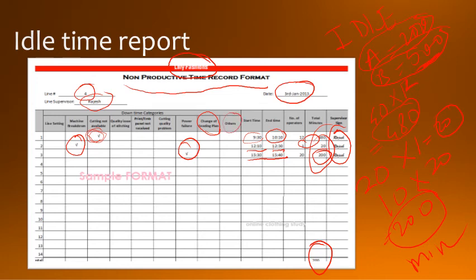So these results will change according to the industry, or according to the production or nature of the product. It may be different, but the reports of all factories may be somewhat like this. This is a sample given for you.